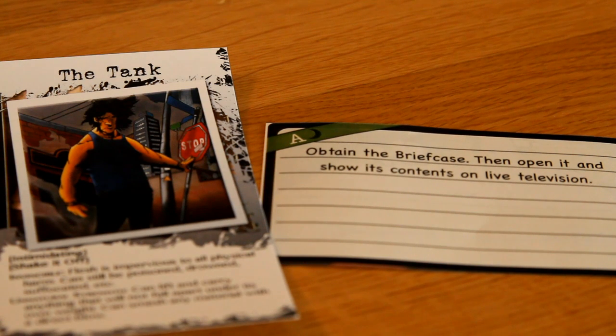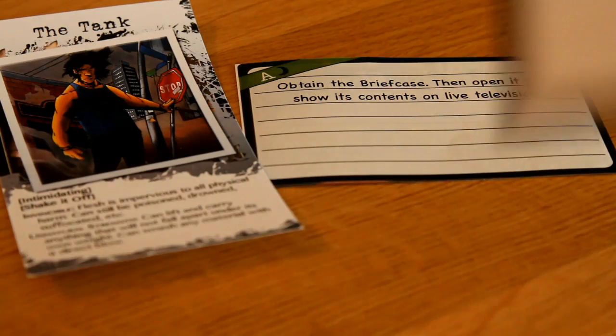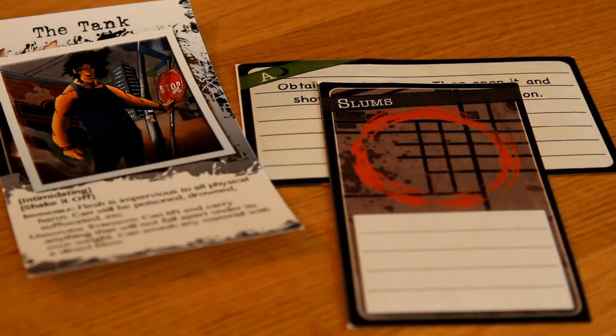In this case it says, okay, obtain the briefcase, then open it and show its content on live television. Sounds pretty simple, can be pretty tough. Then each player will be the secret keeper of one location, exactly one location. In this case, this might be the slums for the tank character. And right now these slums do not have any traits on it, but still it's his location that he will be the secret keeper. And I will explain the secrets a little bit more in detail in a later stage